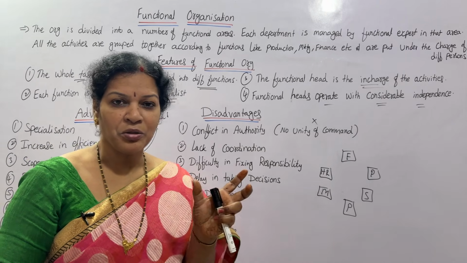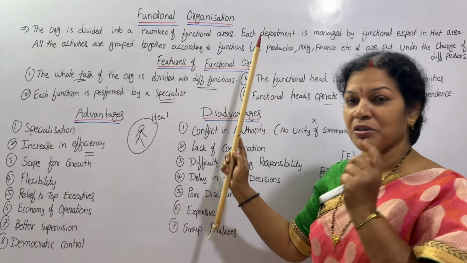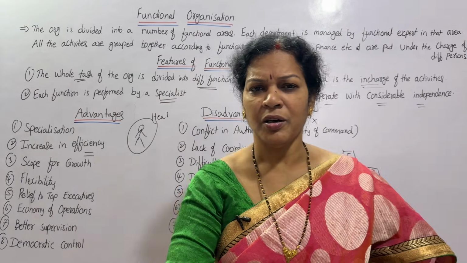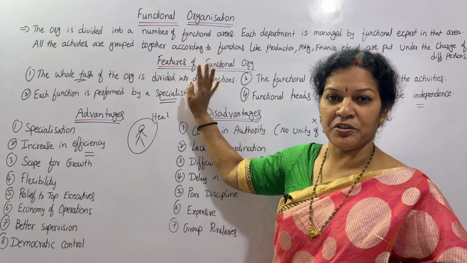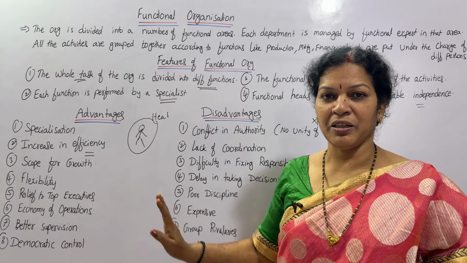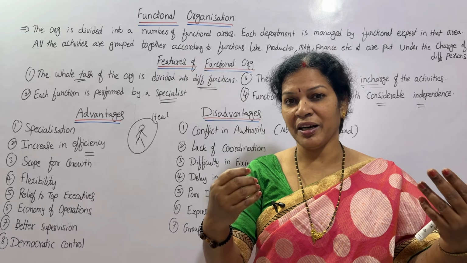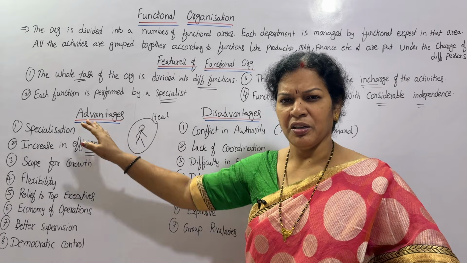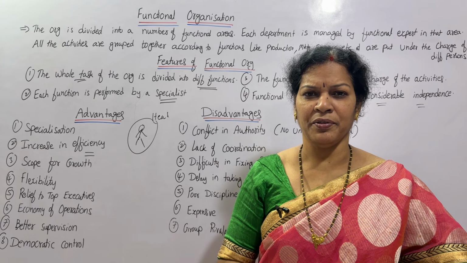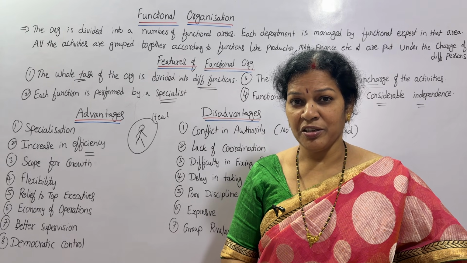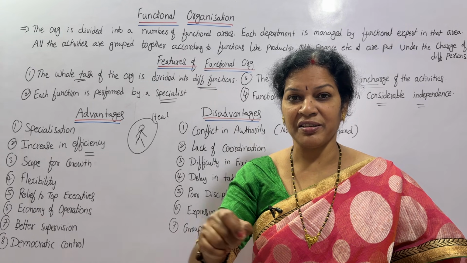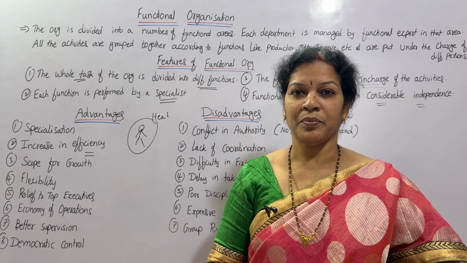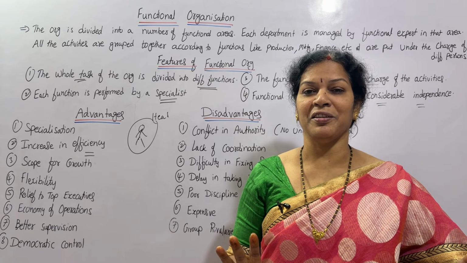Okay. So that's all we discussed about this functional organization. Am I clear about this? If you understand the concept and features, then automatically advantages and disadvantages are not a problem at all. You can write in your own way also. If you are writing advantages, specialization, just 2 to 3 lines are enough. If you get any kind of thought spontaneously, give an example also, right? In that way, it's very easy.